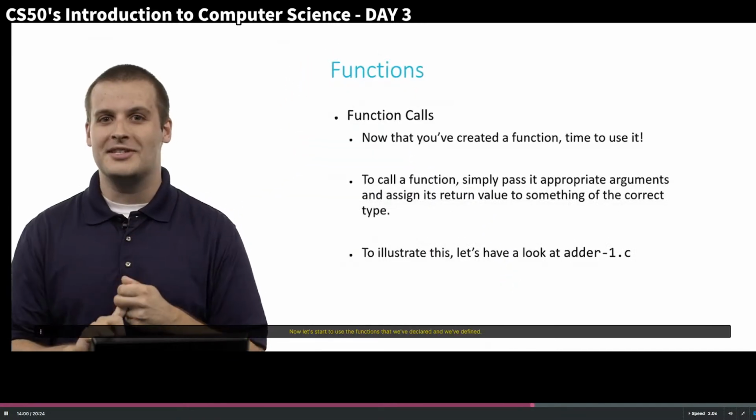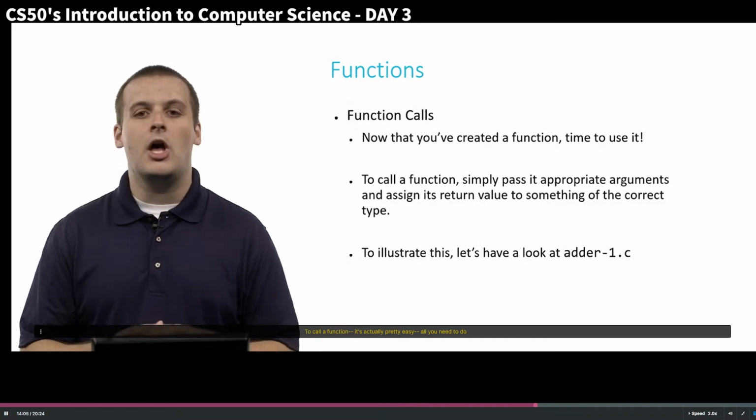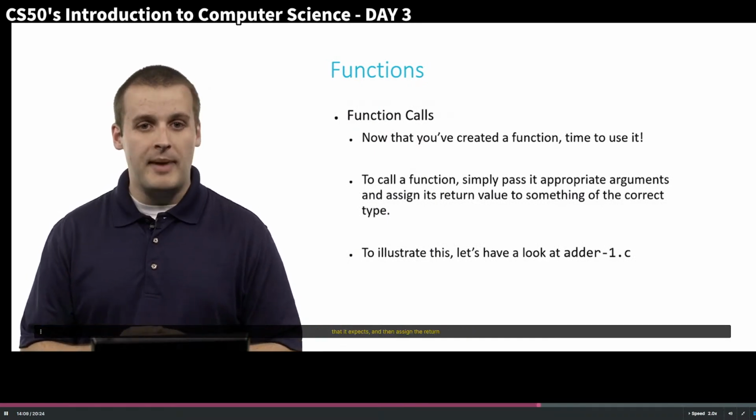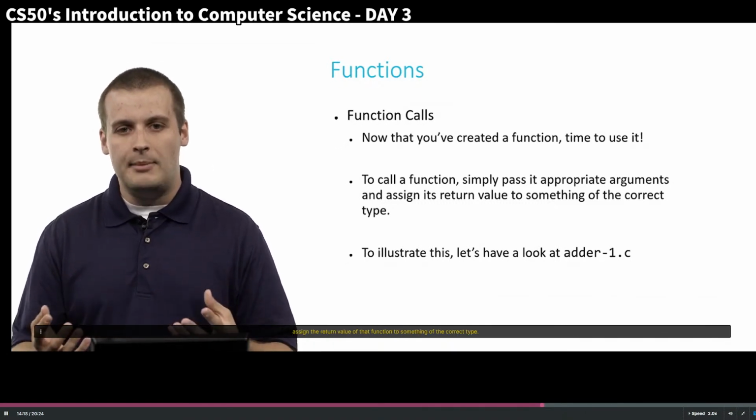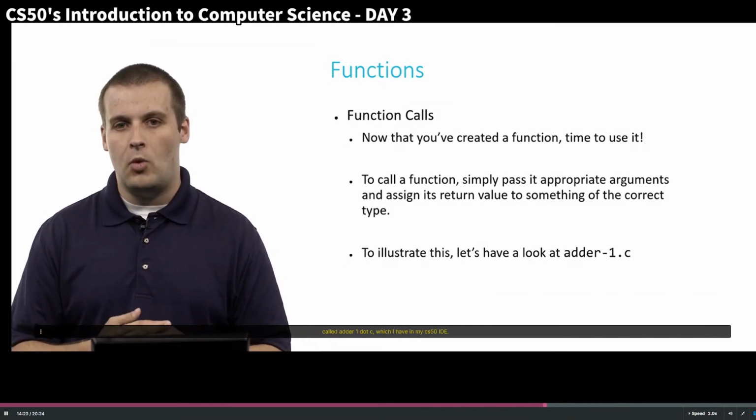Now let's start to use the functions that we've declared and we've defined. To call a function, it's actually pretty easy. All you need to do is pass it appropriate arguments of the data type that it expects, and then assign the return value of that function to something of the correct type. So let's have a look at this in practice in a file called adder1.c, which I have in my CS50